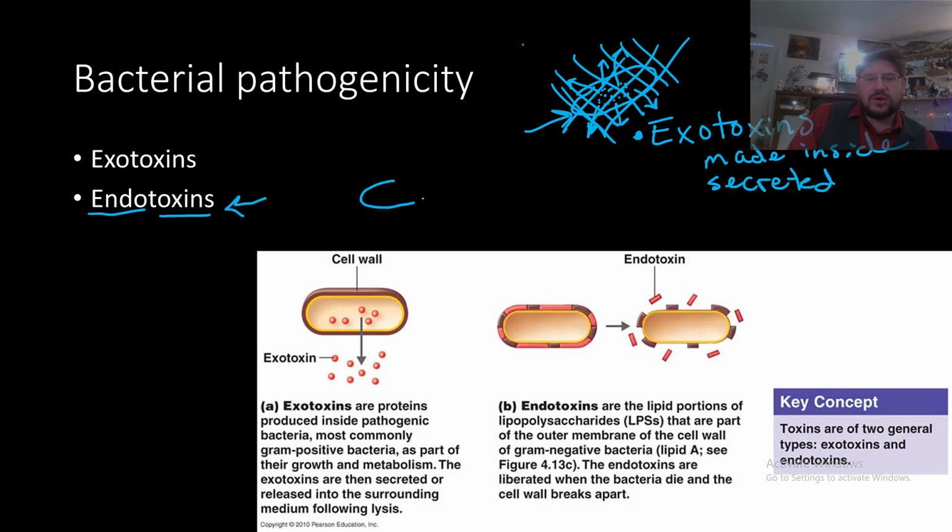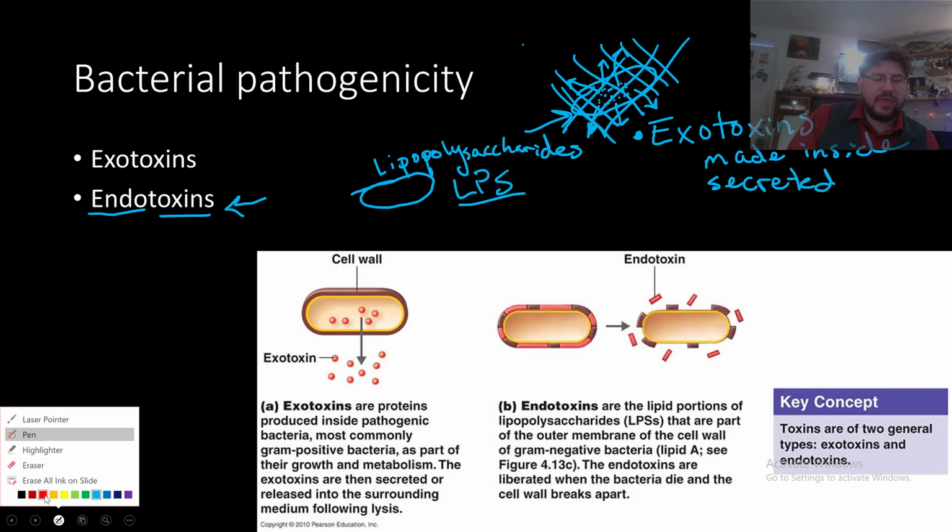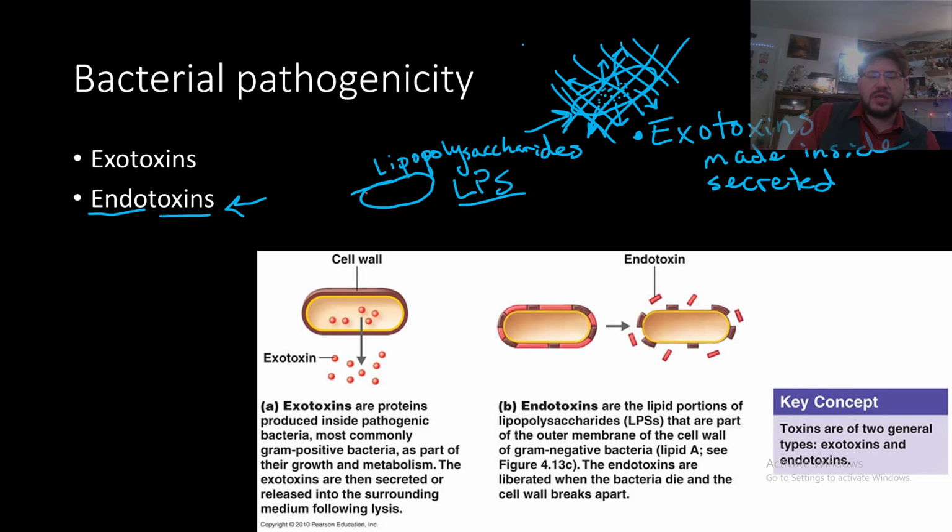So here's your cell wall, and it's got pathogenic lipopolysaccharides, or LPS. Anyway, you don't need to know lipopolysaccharide or LPS, but basically the components of the cell wall itself are the toxins,